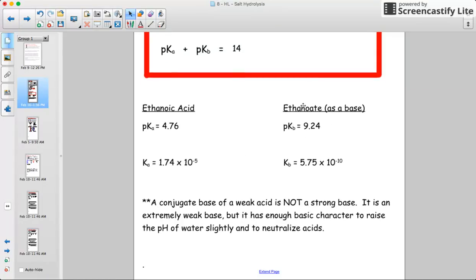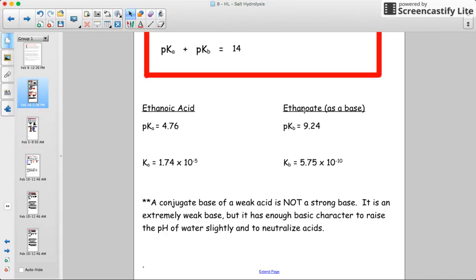ethanoate is a base. It is a conjugate base, and it does have some basic character to it. It's not a strong base. It's an extremely weak base. The lower a pK value is, the stronger that substance is, whether it's acid or base character. So over here with a value of 4.76 compared to 9.24, ethanoic acid is a stronger acid than ethanoate is